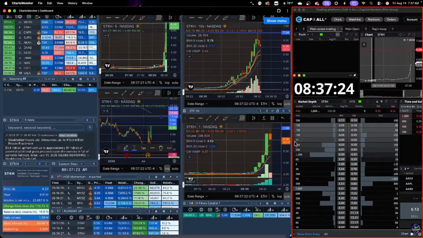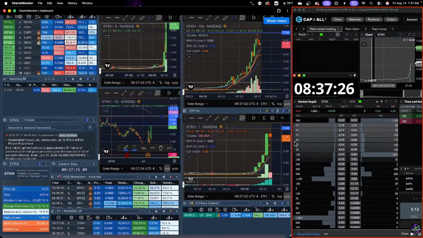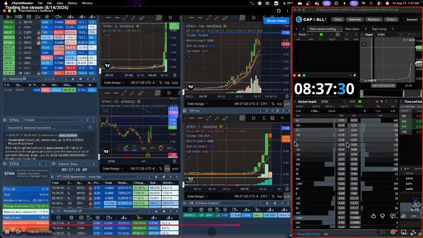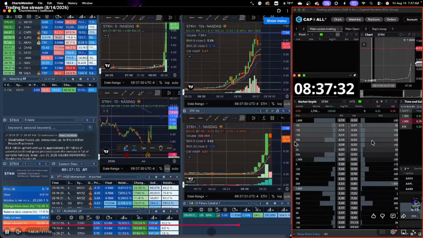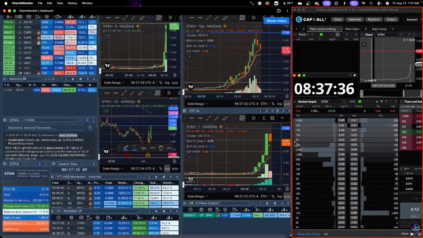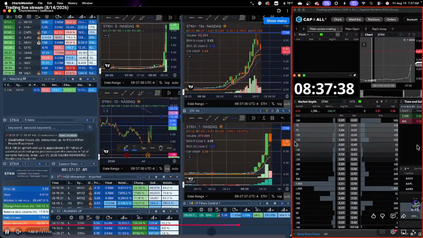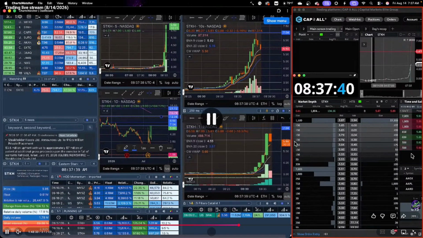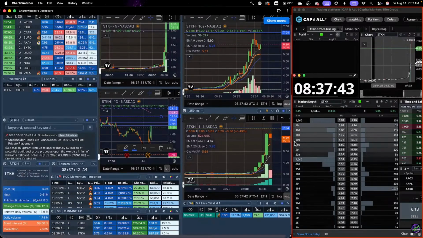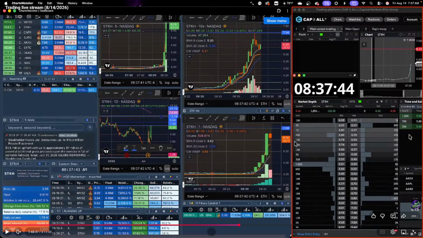So there are some downsides to this. So you see that the level 2 looks a little bit different from what you might be used to. It's more of an order book style rather than NBBO data. And the level 2, or the time and sales, it updates, I think it's twice a second. Maybe it's 4 times a second, but it doesn't update based on every order that goes through,